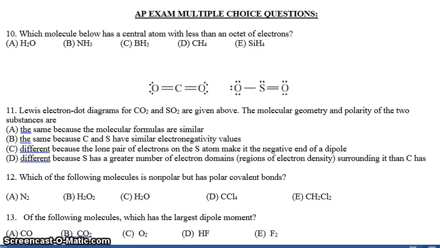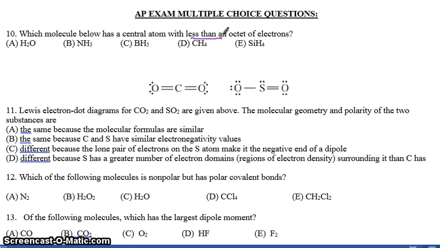This will be the review of Chapters 8 and 9, some AP exam multiple choice questions for our test. So let's get to it. Number 10 says, which molecule below has a central atom with less than an octet of electrons? Remember we said that some molecules do not obey the octet rule, and let's find the one that does not